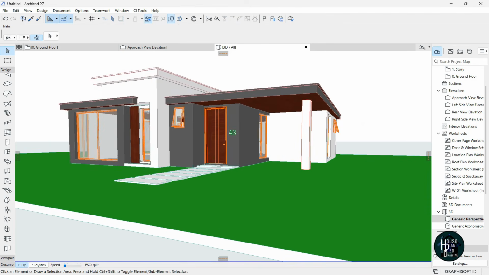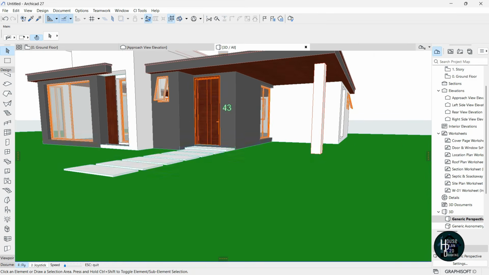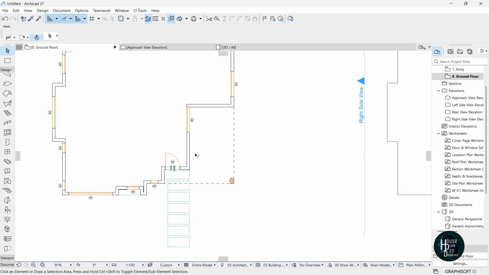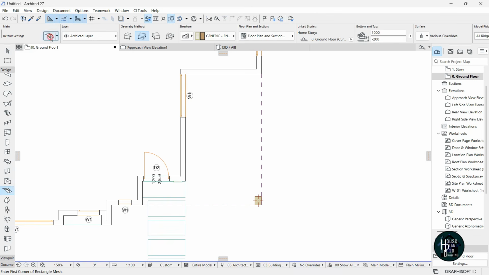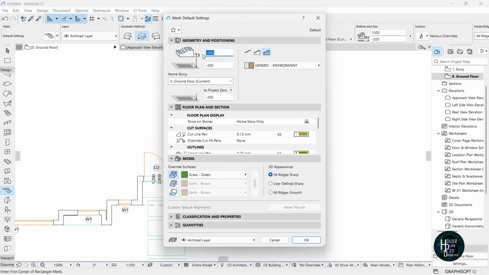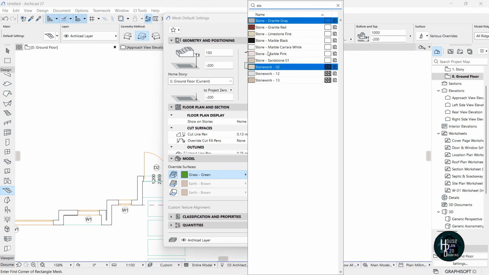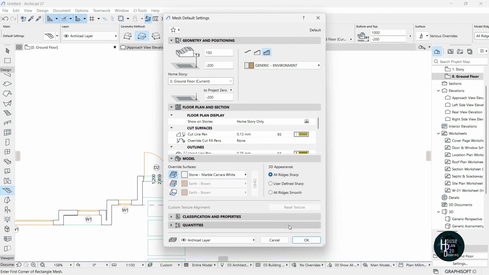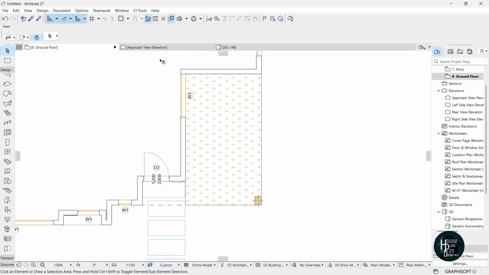Okay, now let's add in, because we need a car here, so we have to add in the design for that. So I'm going to go to the ground floor plan, and for this side here, I'm going to click on the mesh. So click on this mesh here, click on the settings dialog, change this one to be 150, click this and change this one to be stone, something like this, and let's just click on OK for now. I'm just going to select this and just try and make a rectangle, then click this, press escape, go to the 3D model,